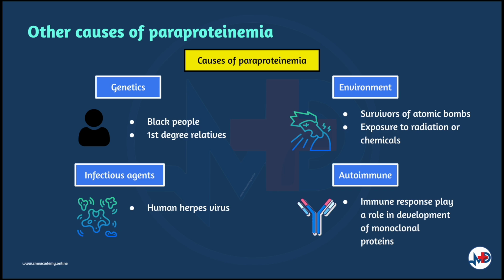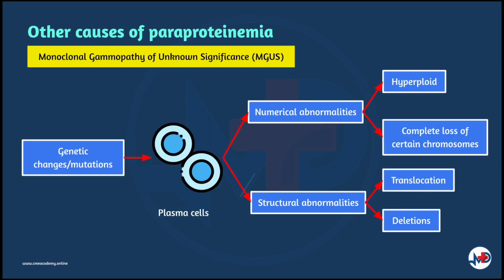Additionally, the association of monoclonal proteins with autoimmune conditions suggests that immune response may play a role in the development of monoclonal proteins. Specifically for MGUS, fluorescence in situ hybridization or FISH, gene expression profiling or GEP, and array comparative genomic hybridization techniques have demonstrated that monoclonal plasma cells in MGUS and myeloma have numerical and structural abnormalities in their